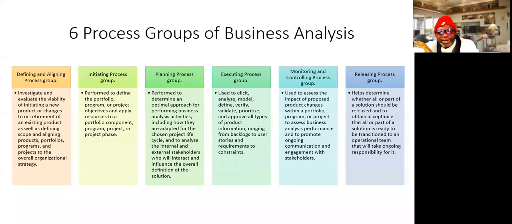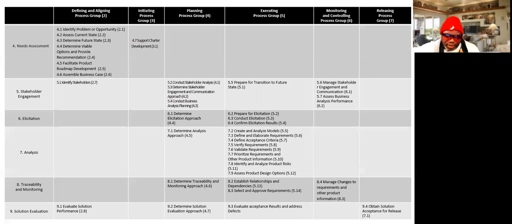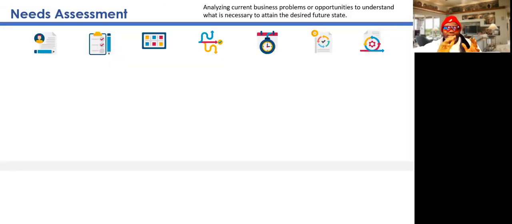Now, here's the scary part for people who don't know how PMI works. There's a big old grid. There's always a big old grid. In all their standards, there's a big old grid. But here's the good news: for CAPM, you don't need to cram this. I've made it very, very simple and visually compelling. I'm going to give one example of this table and how we're going to break it down in the training. We're going to take each slice and demystify that knowledge area of business analysis by taking it a step at a time.